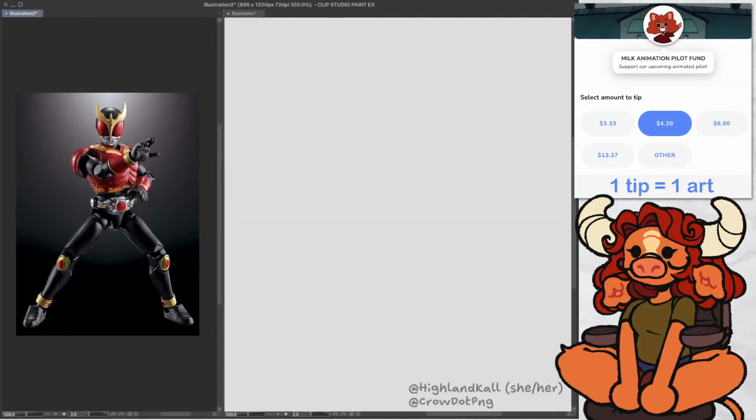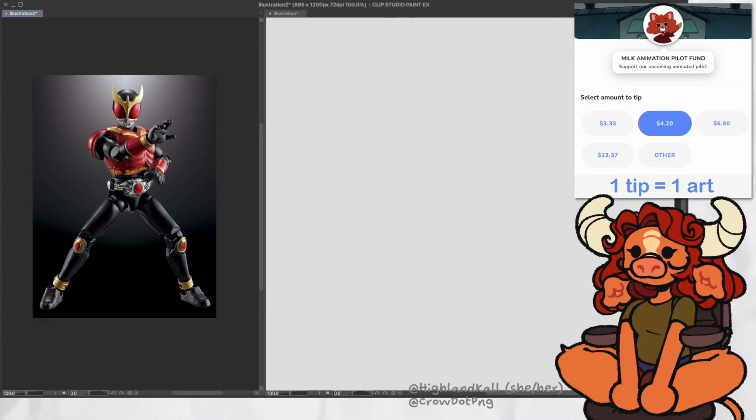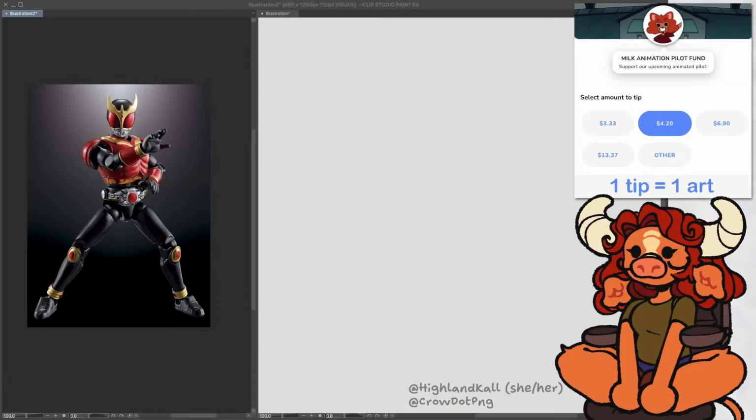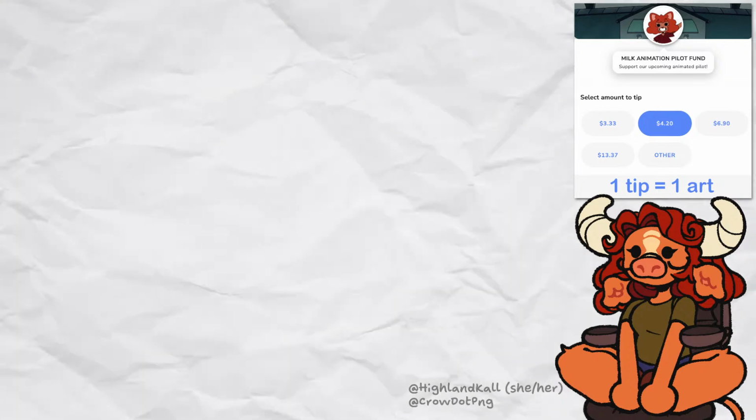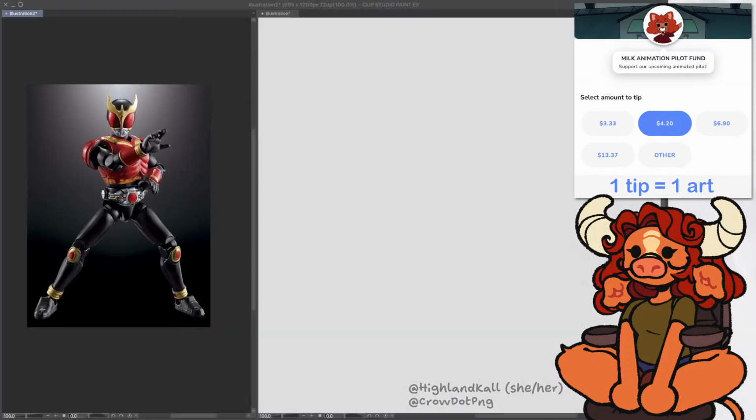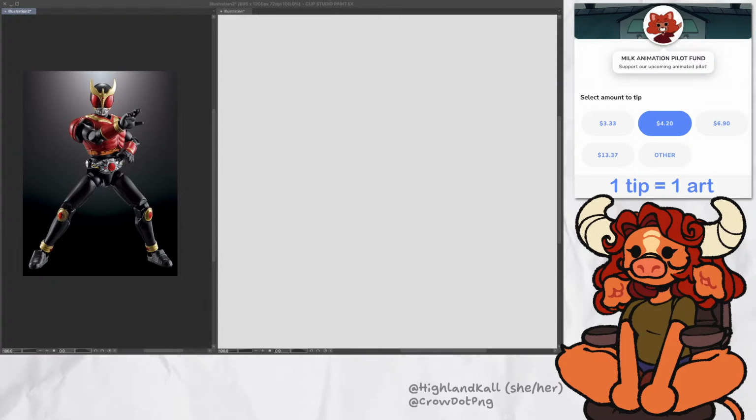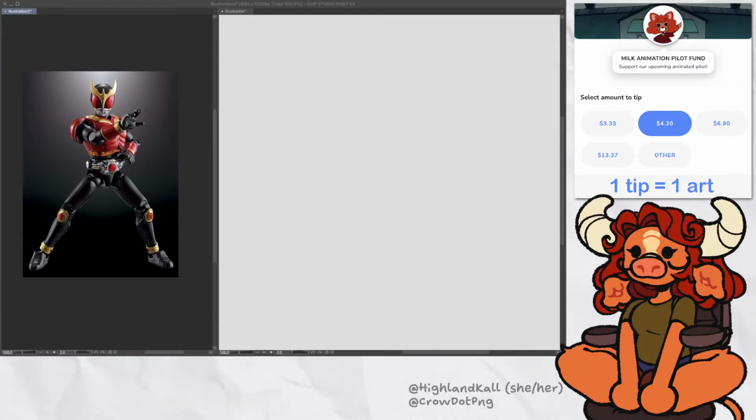I do like his pose. I like the idea of him doing a little sort of ninja kick pose, like that one where they have one of their legs sticking straight out. Gotta resize the canvas a little bit more. And actually, let me... Oh, sorry, that was the wrong button. I'm going to shrink this a little bit so y'all can see what I'm doing. There we go. And let's get started.